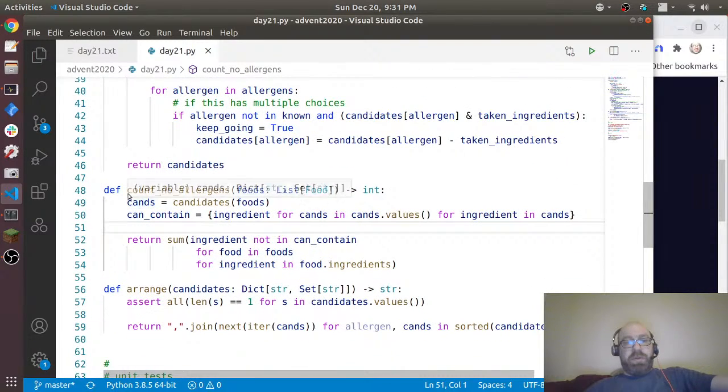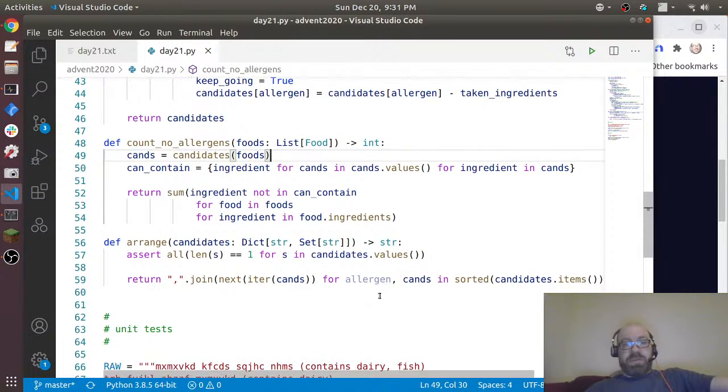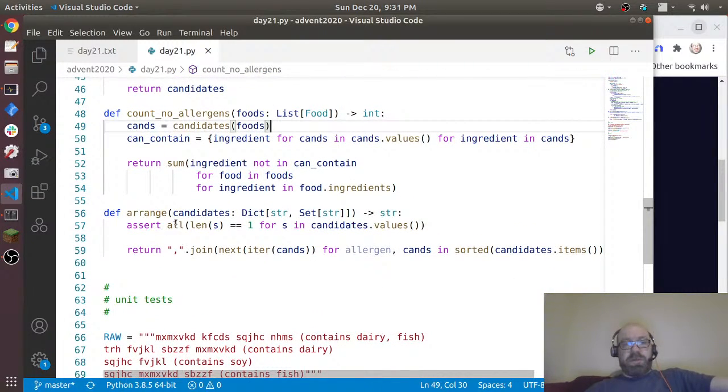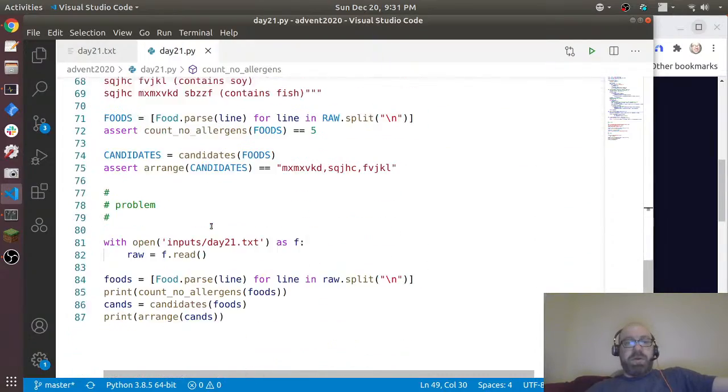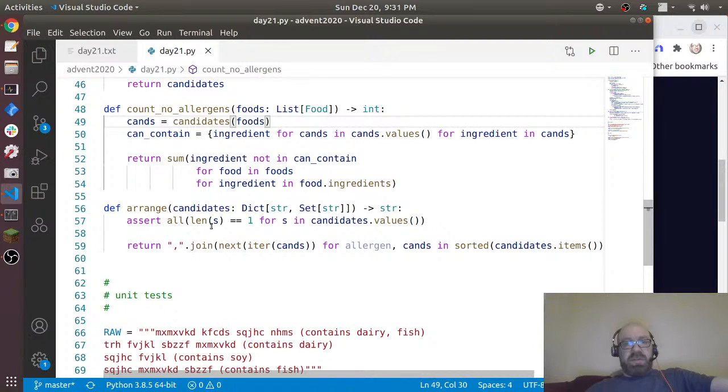And then they just said they want me to count how many ingredients have no allergens. And so I just say, what are the candidates for those foods? I look at each ingredient that can contain an allergen, and then I just return the ones that can't. And then this part basically said I just wanted to print them out in order, and I just do this assert to make sure that I actually found a unique one. So, a little bit convoluted and some less than ideal